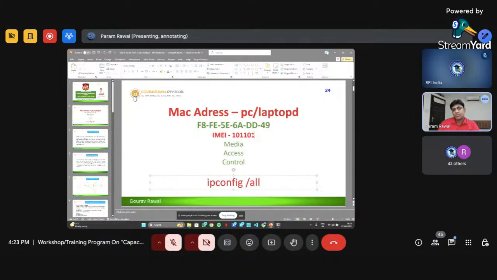The person who stole my handset goes to a mobile shopkeeper or people who repair mobile phones. There are tools available through which the IMEI number can be altered, and with hardly 500 or 600 rupees they can change it. This time they change my IMEI number to 102 102 instead of 101 101.